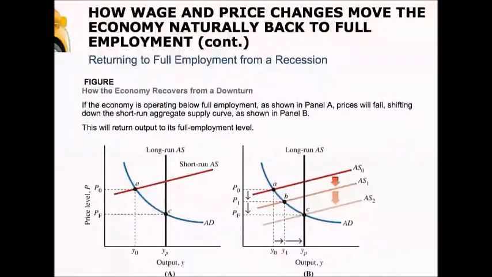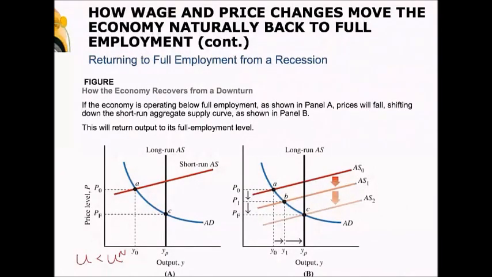Suppose we're in a situation like we show here in this graph, where the short run aggregate supply curve crosses the aggregate demand curve at point A. That implies that actual production is equal to Y0. As we can see in this graph, actual production is less than potential output. If that's the case, then unemployment is greater than the natural rate. And as we can see, this implies that we have an excess supply of labor, and wages and prices are